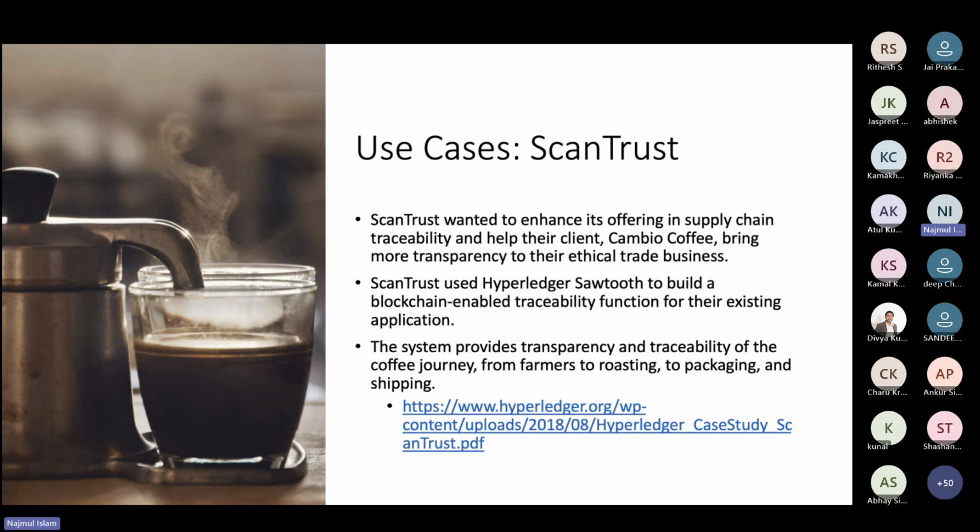So they developed this blockchain with Hyperledger Sawtooth. So another ledger they used, and then to achieve the traceability function for their existing application. So what the system really did is that it provided transparency and traceability